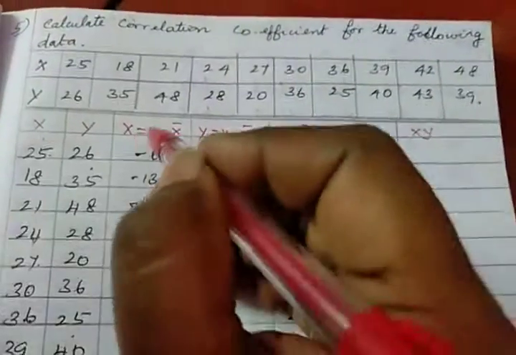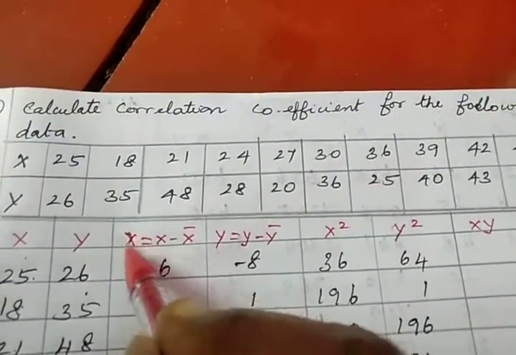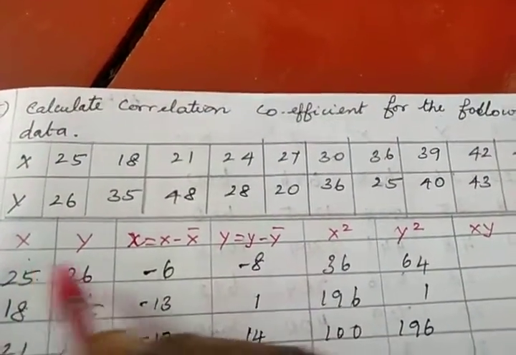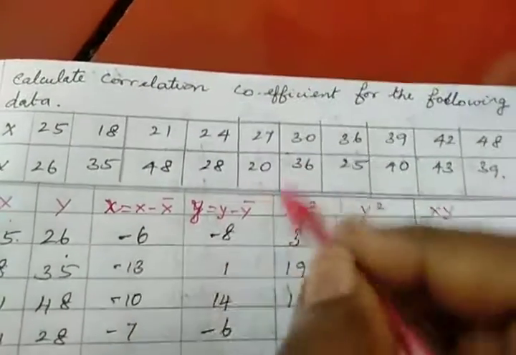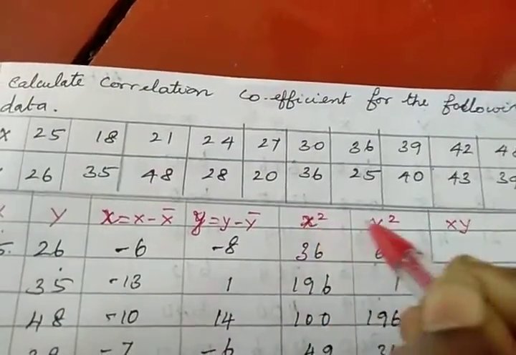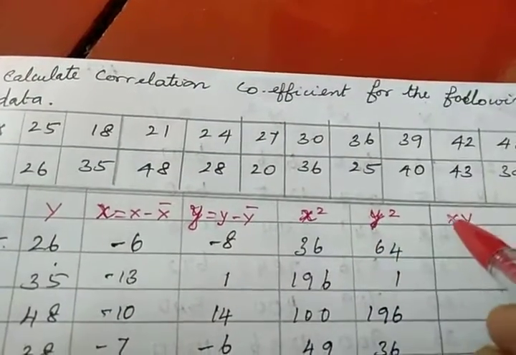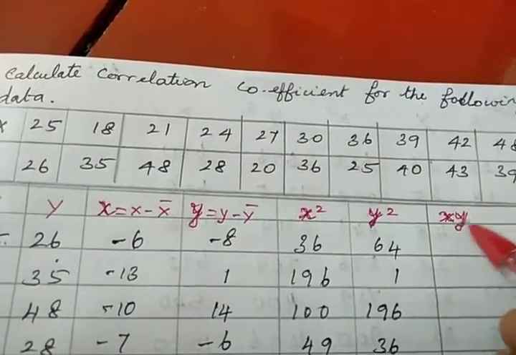we are going to keep this as small x and y. So what has been given to us in the sum is capital X and capital Y. We will be finding out small x and y. So this is also small x square. This is small y square. Small x and small y.